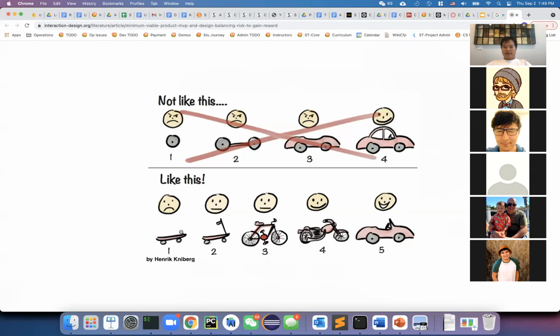Once I have this one, I'm going to add this little steering thing to control the directions and brakes, and then maybe it's time for me to turn that into a bicycle. I just need to make the wheels bigger and change some of these connectors. And if I have a bicycle there, why don't I add a motor here in the middle to turn that into a motorcycle. And if you know how to do a motorcycle, well, let's just add more wheels and change the platform and make a car. So the MVP is talking about this one here, guys.